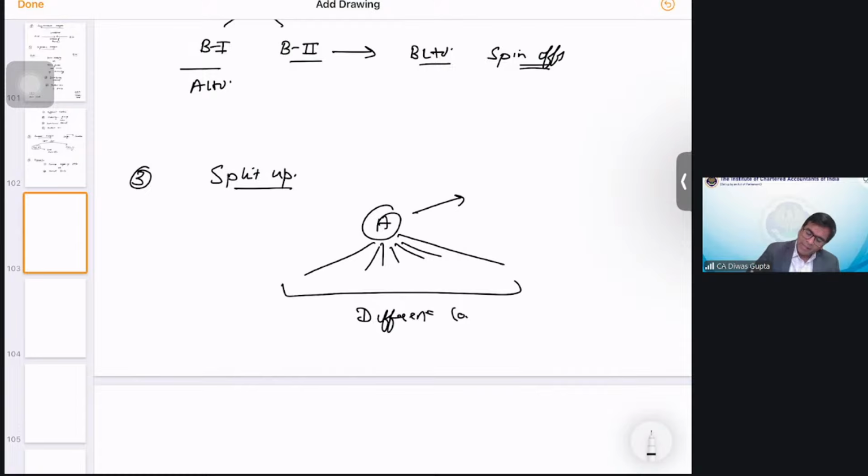And A is dissolved. The legal entity status of A gets dissolved. It's no more there, and it gets split up into multiple entities, which will become the entities for the future. Is spin-off to related party, then related party transaction, there is separate accounting only at book value, not at fair